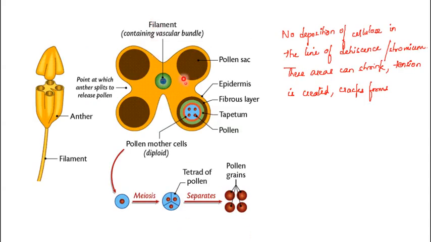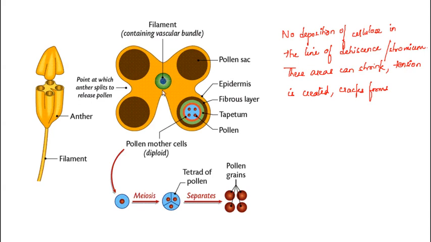Now see, the middle part which you can see is the connective, which connects the two lobes. Now this middle part is the filament. Anther has two parts. This one is the filamentous part, which is going from here till the middle and from the middle to the top. So here we see that each anther lobe has two microsporangia, and the connective is a region which connects the two anther lobes.